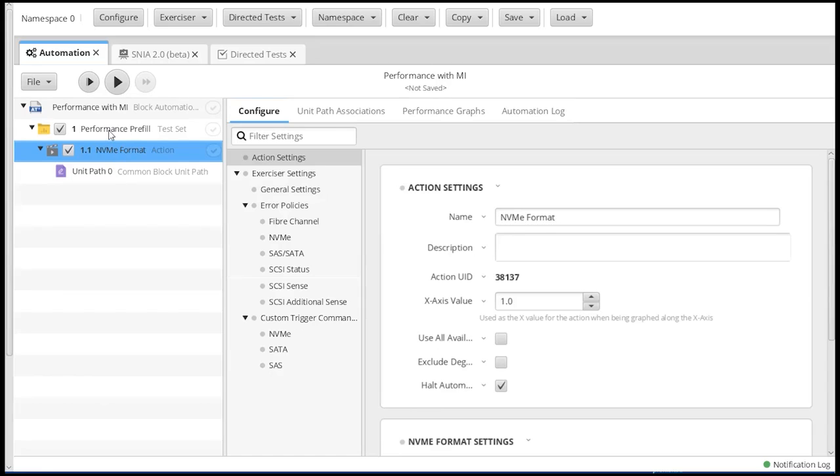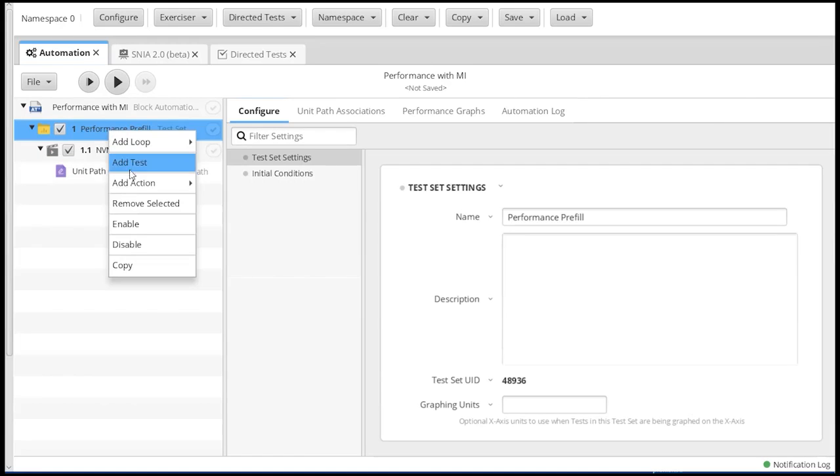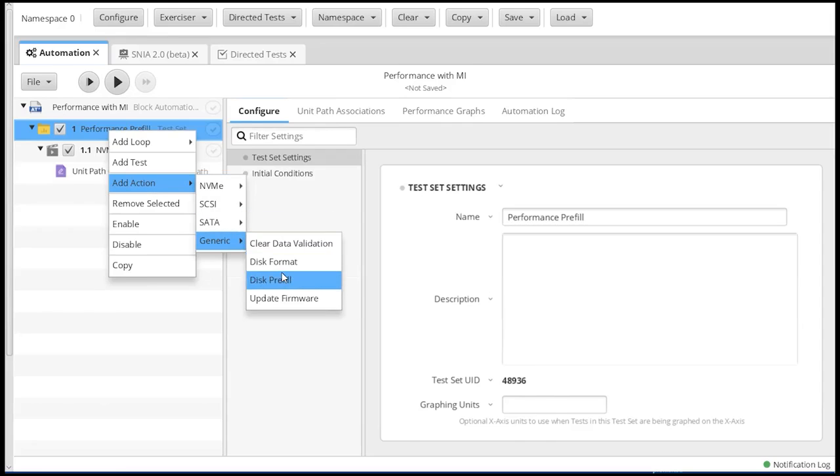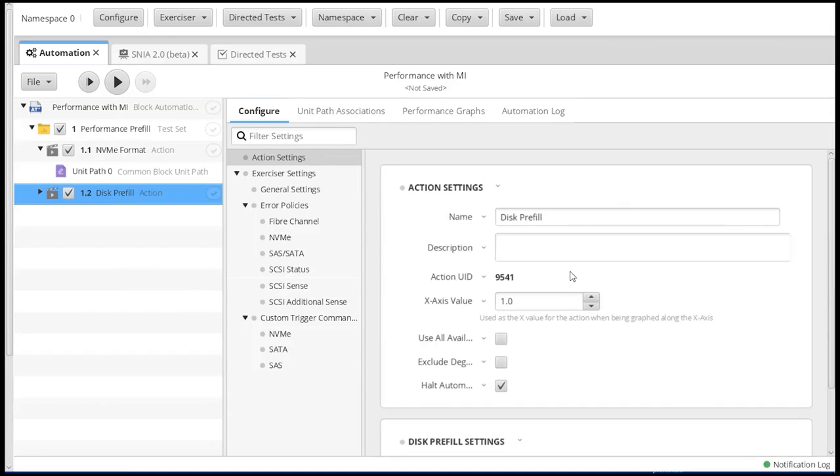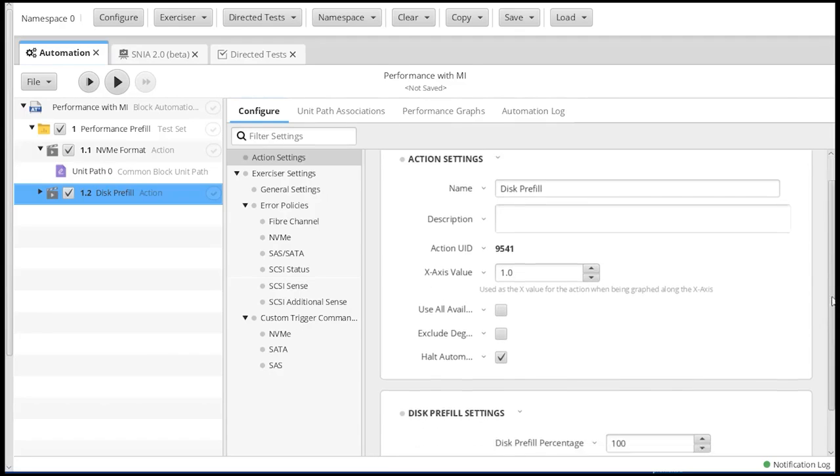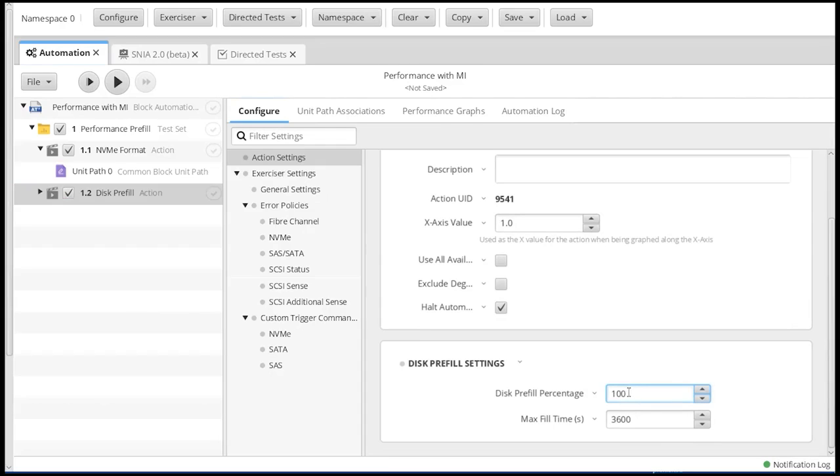So that's NVMe format. We're then going to come back and add a second action, which is generic disk prefill. The first thing we're going to do with disk prefill is say, do we again want to use all available unit paths or do it manually? And we're doing it manually. And then we want to set the prefill settings.